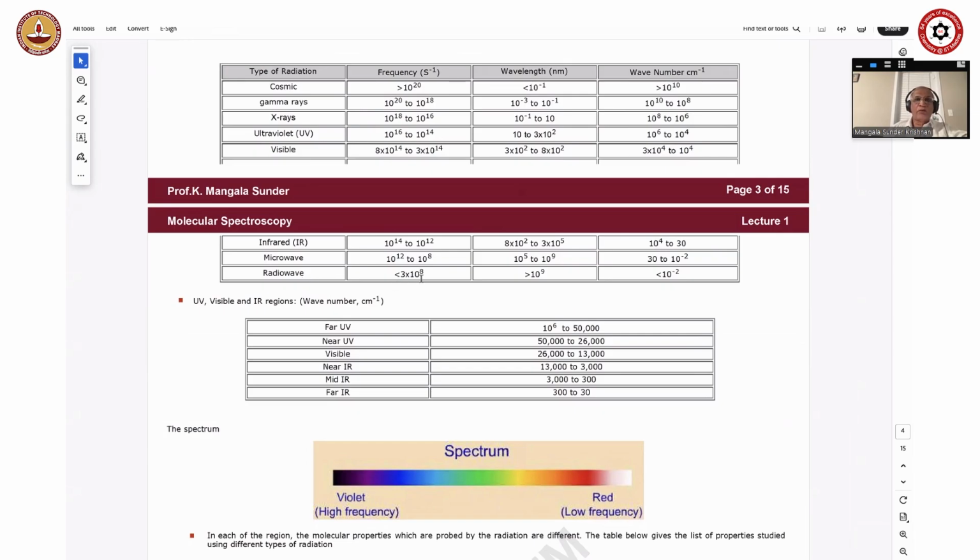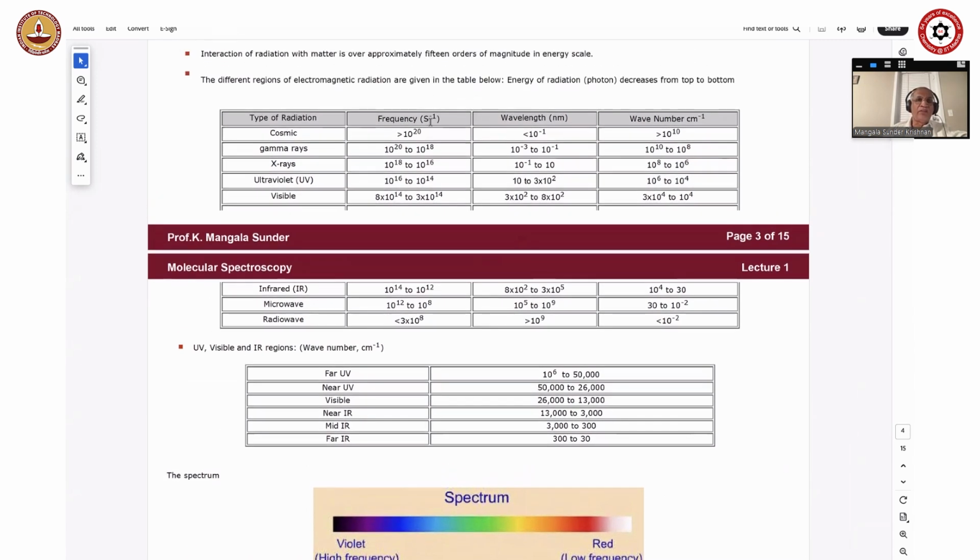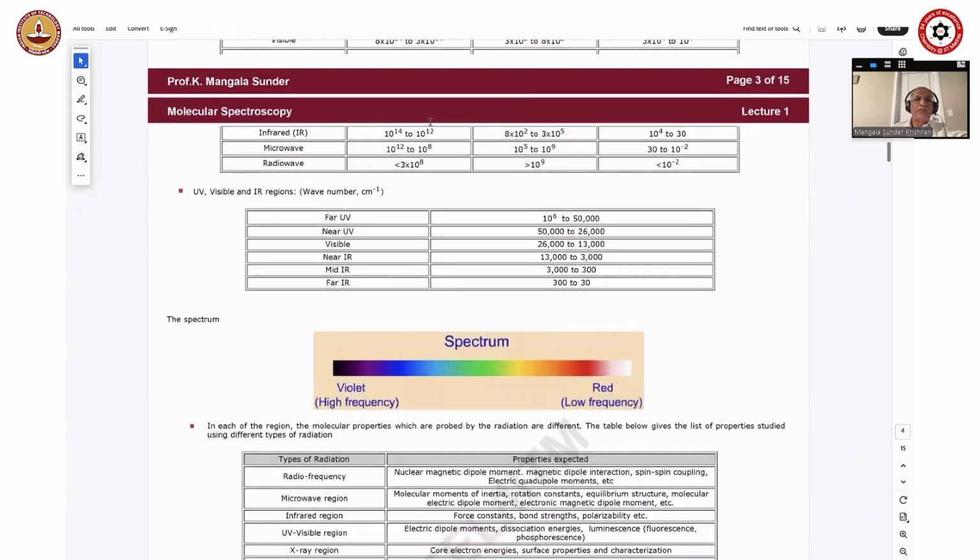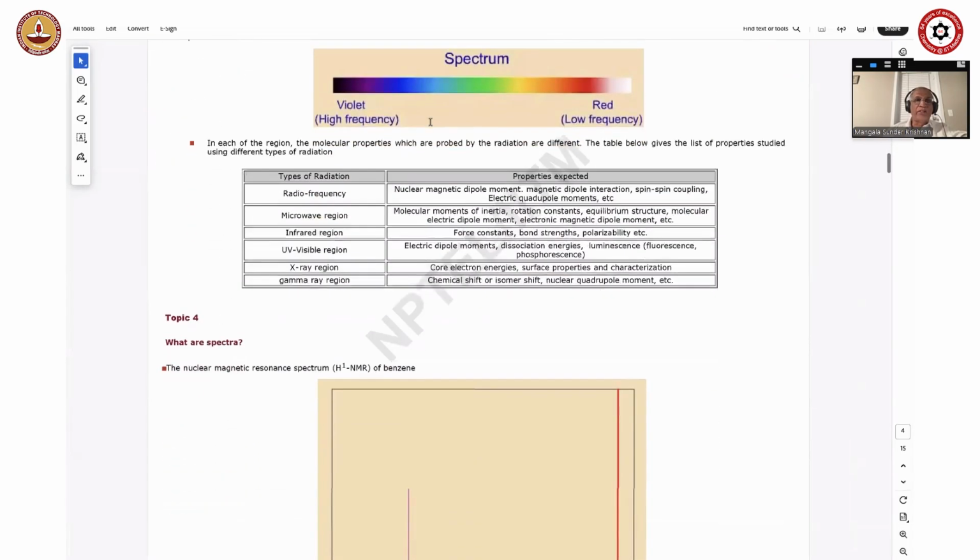Radio wave spectroscopy is usually magnetic resonance spectroscopy, and microwave also borders on magnetic resonance, except that this is electron paramagnetic resonance, whereas much of the radio wave spectroscopy that we do is nuclear magnetic resonance, which I will talk about tomorrow. Okay, so these are the various regions, and in each of these regions, if you look at it, the